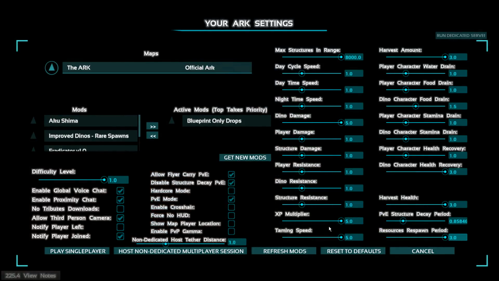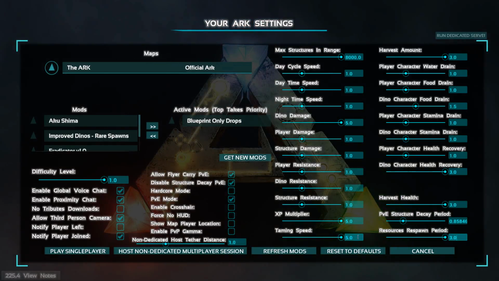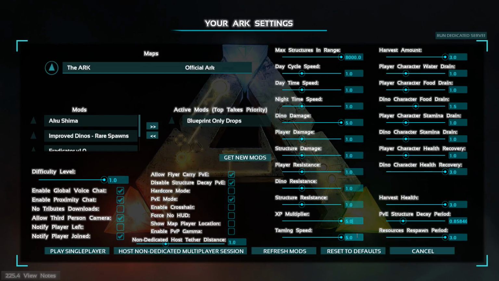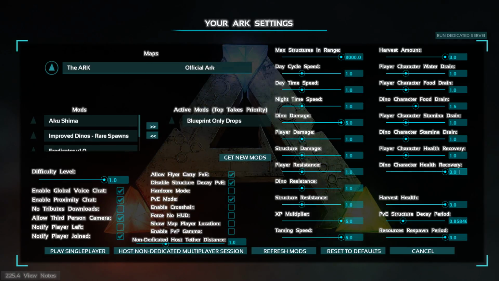I also have XP and taming speed on ×5. I know that makes it easier, but I feel with the rest of the settings the game is sufficiently hard, and this doesn't really make the game easier so much as speeds it up, things that I'd have to take a long time to do. Same thing with Dino Character Health Recovery. I just feel waiting around for your dinos to recover their health in single player is too ridiculous. So we're going to have these to help us out, but the main difficulty is going to be coming from